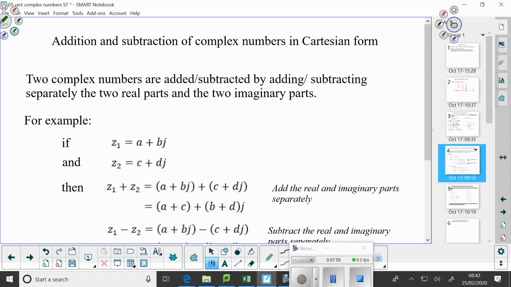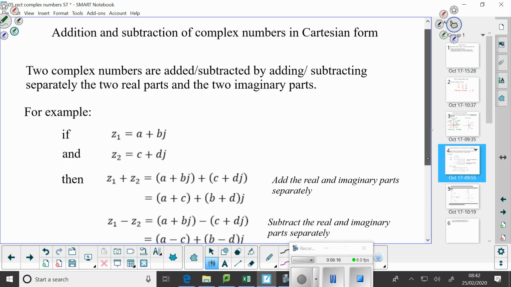So, doing some math with these complex numbers. Addition and subtraction. Two complex numbers are added or subtracted by adding or subtracting separately the two real parts and the two imaginary parts. So if we have, for example,